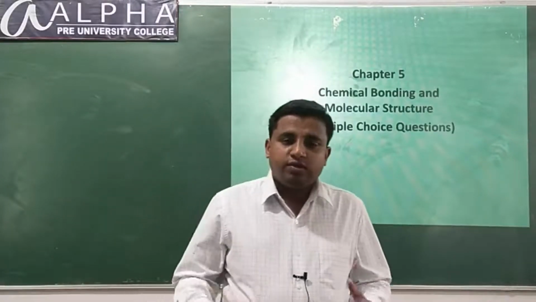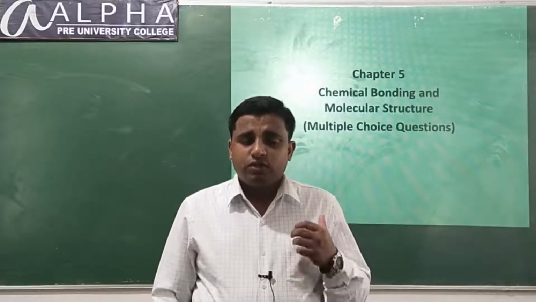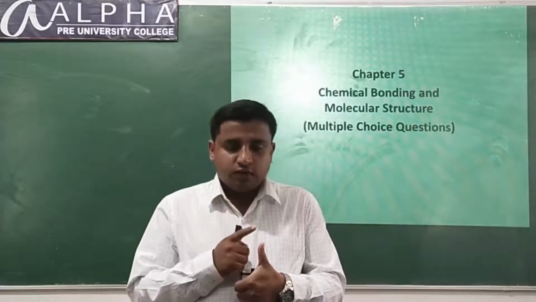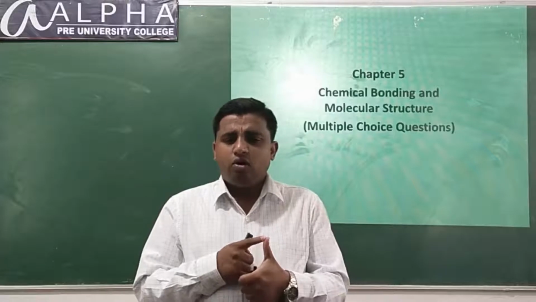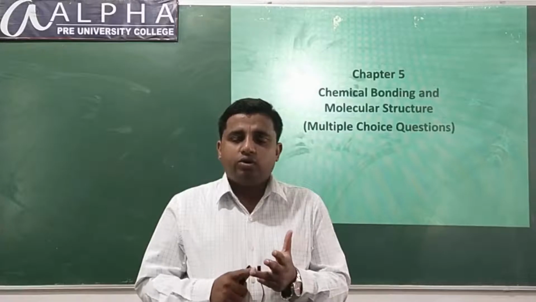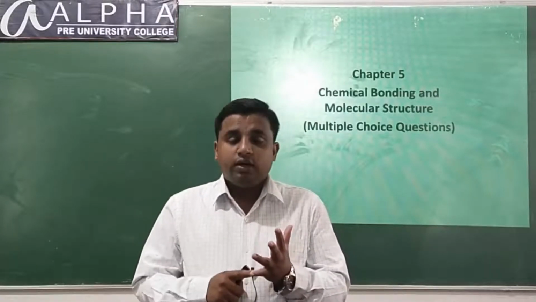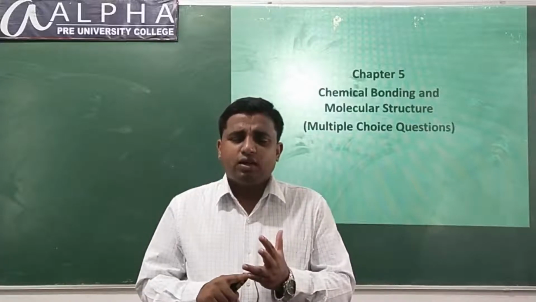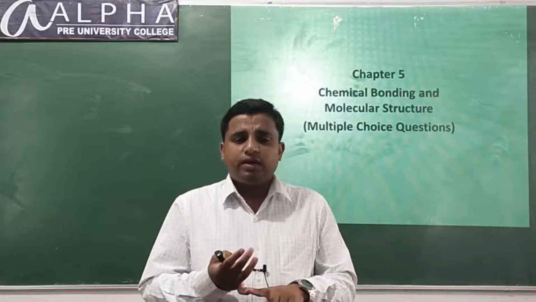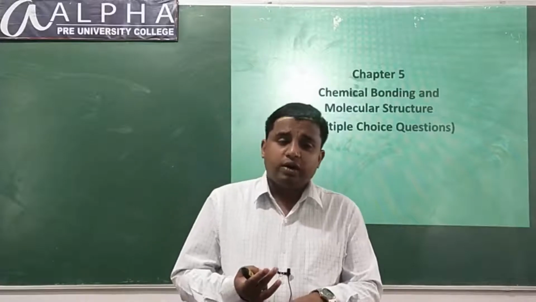So students, what are the different concepts that you have to be thorough with while solving the multiple choice questions of this chapter? You have to be thorough with ionic bond, factors affecting ionic bond, covalent bond, factors affecting covalent bond, coordinate bond, hydrogen bond, dipole moment, very important. You can expect so many questions on dipole moment. And then valence shell electron pair repulsion theory, correct? VSEPR theory, there regular geometry, irregular geometry.